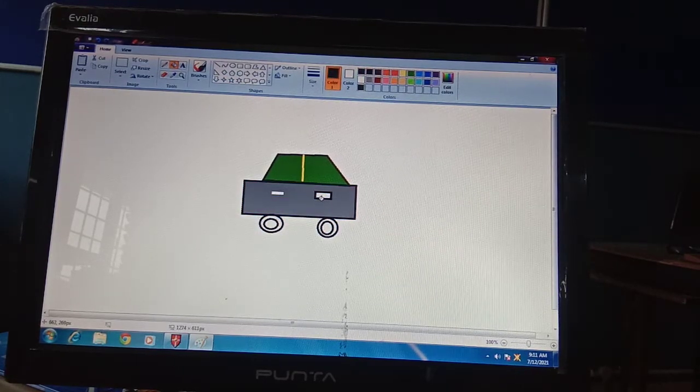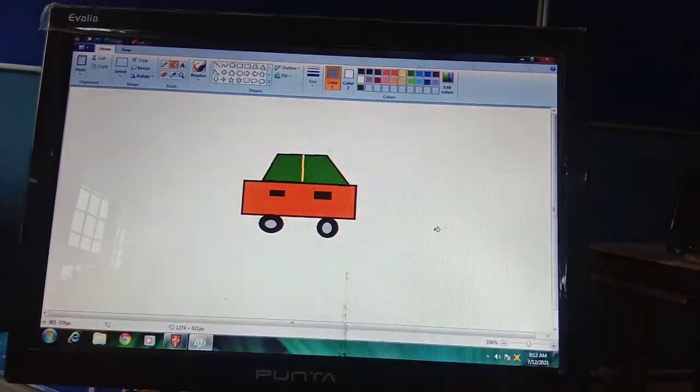Sorry, in this option. Black color should be there, and the tires will also be black, and the inner part of them is grey. Okay, so this is your small toy car.